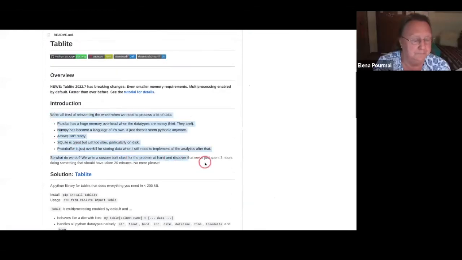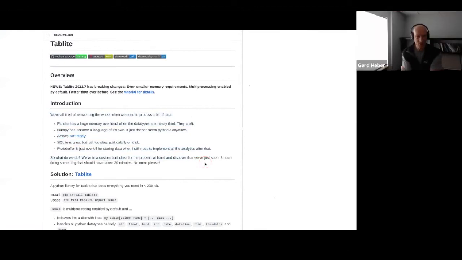Oh. He talks about how we're all tired of reinventing the wheel when we need to process a bit of data. He says pandas has a huge memory overhead when the data types are more than just plain integers or floats or something like that.